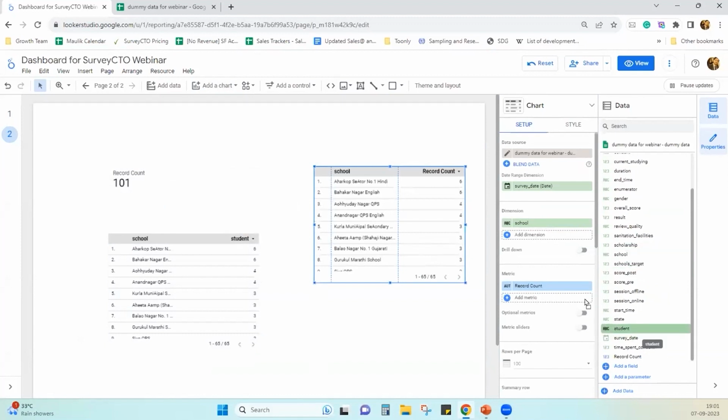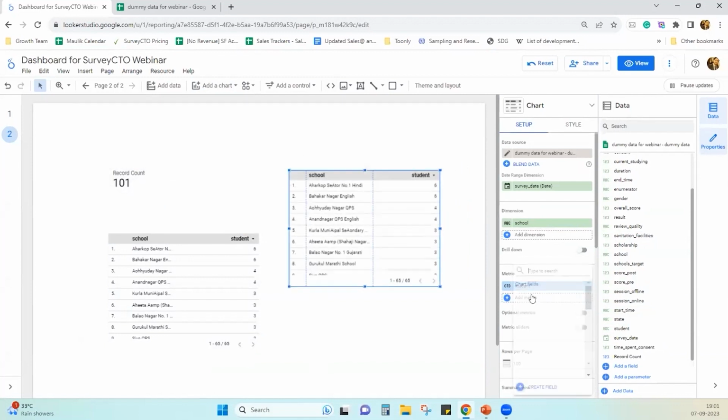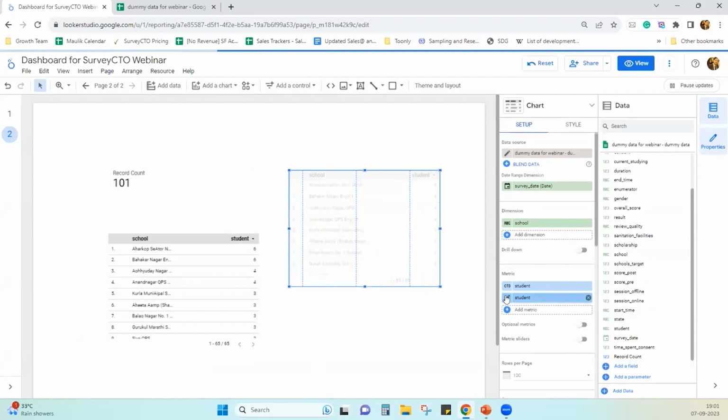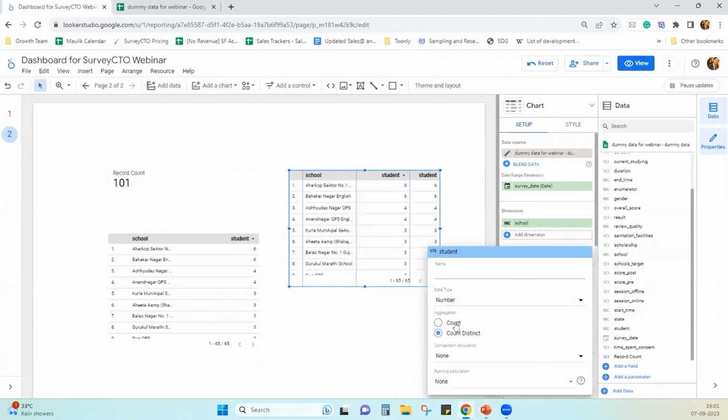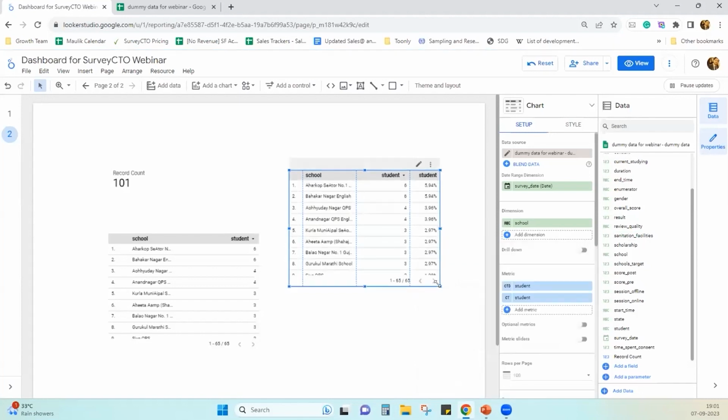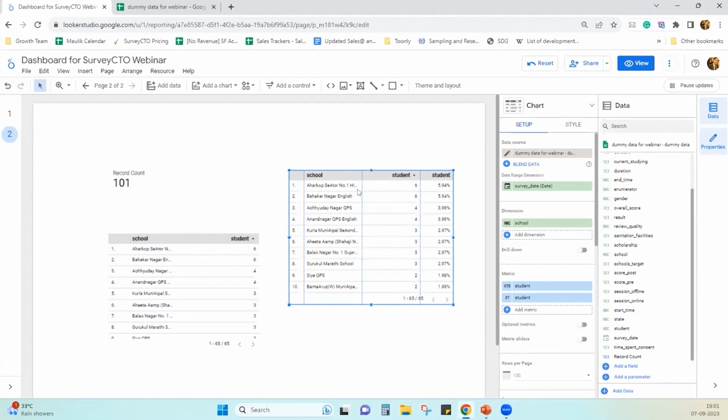If I select the student metric, you can see it's total students. Now I want to see how many students there are in percentage. I will go to count and comparison, write percentage of total, and it's done.